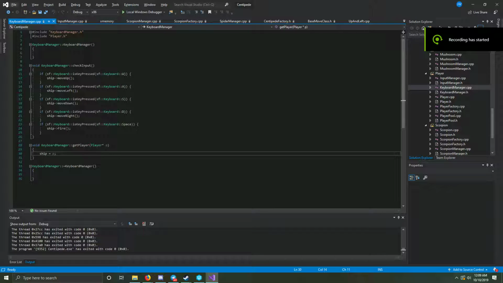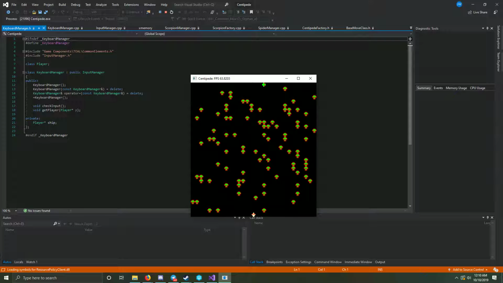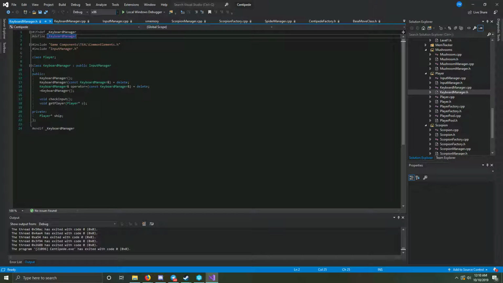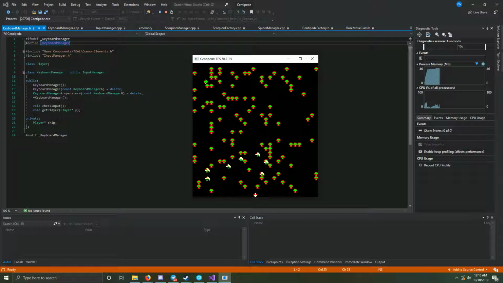Alright, so this is sprint 3. I'm going to be talking about the input manager while we run the game to show off the centipede. Oh no. Oh no. Not what I wanted to do. Okay, so as we can see, our centipede guy is moving down, all nice and happy, interacts with the mushrooms,